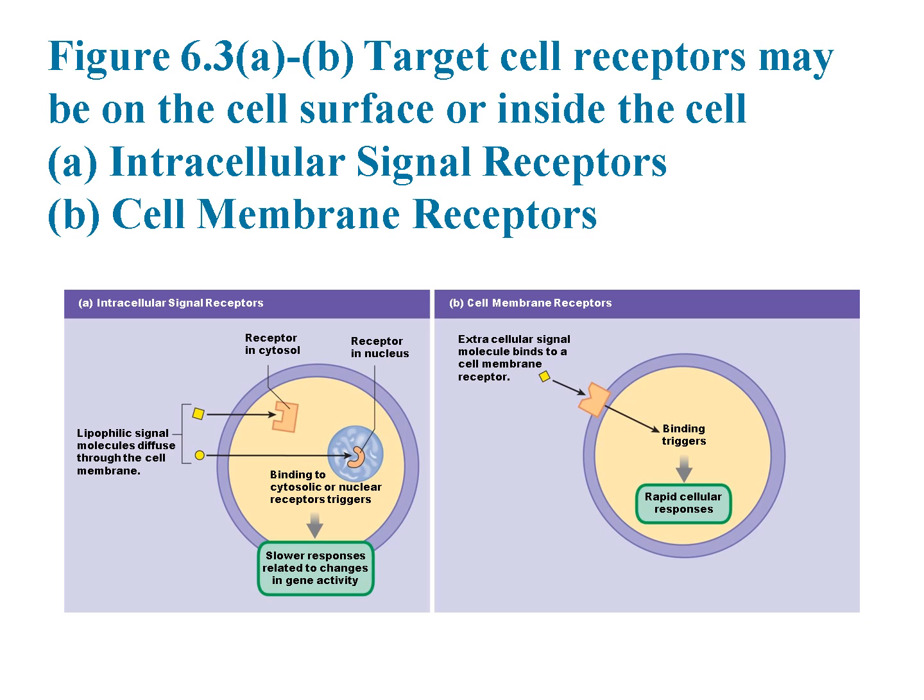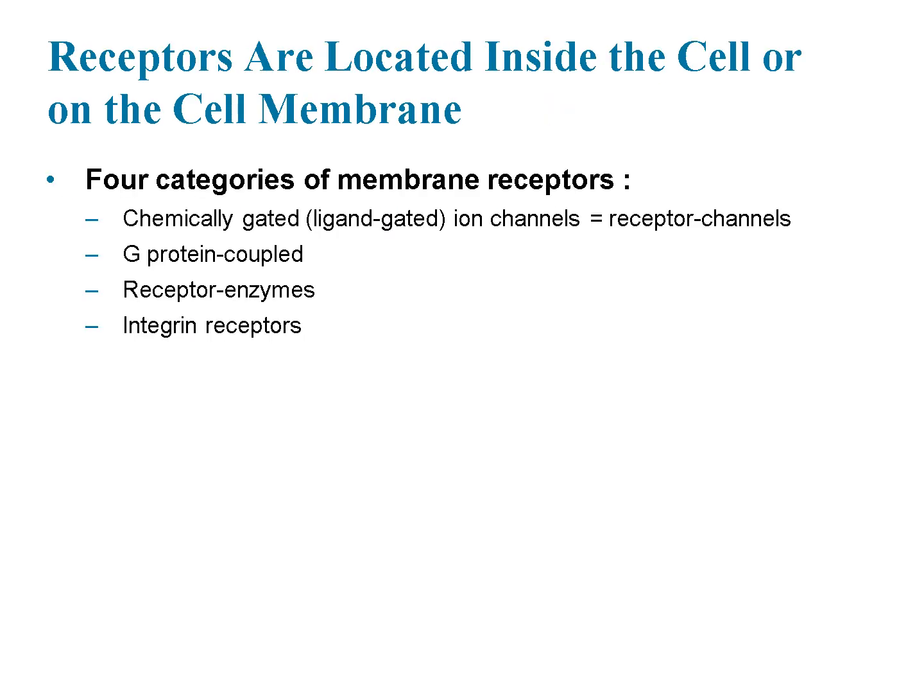Together, these two types of receptors allow the body to regulate both immediate and long-term processes, maintaining flexibility and precision in cellular communication. There are four major types of membrane receptors. Receptor channels open or close ion channels in response to ligand binding, crucial for rapid signaling in nerve and muscle cells. G-protein-coupled receptors activate intracellular pathways by triggering G proteins, often leading to second messenger production.